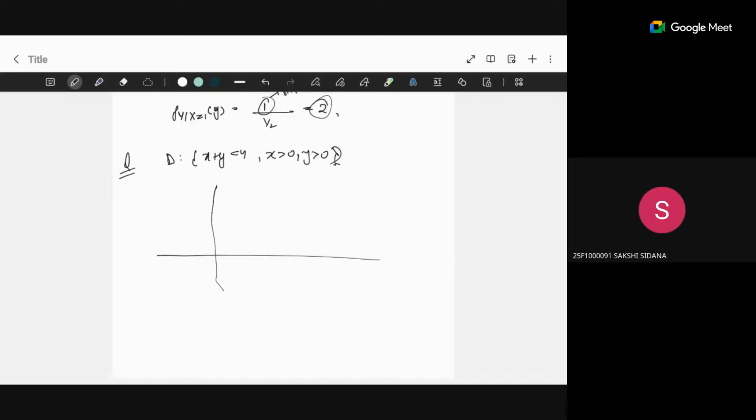So if I make the figure of x plus y is less than 4. Okay. This is the figure of x plus y less than 4. Correct? Now you need to find the probability that my 2x plus y is greater than 2. That means you need to find out,